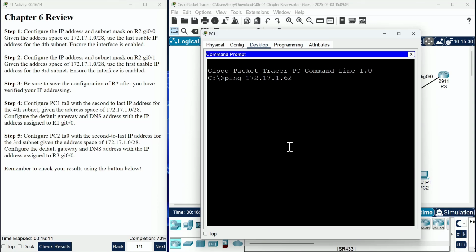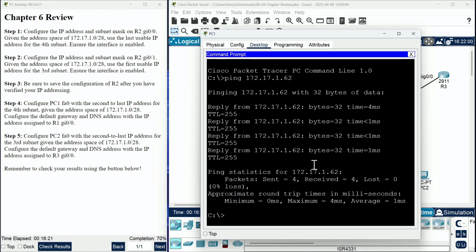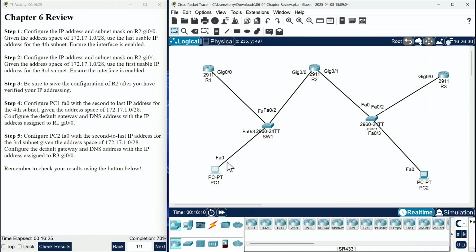I think the default gateway is still on my clipboard. And look at that, we can ping our default gateway properly. So I do believe PC1 is properly configured. All right, what's next? We're all the way down to step number 5, configure PC2 with the second to last